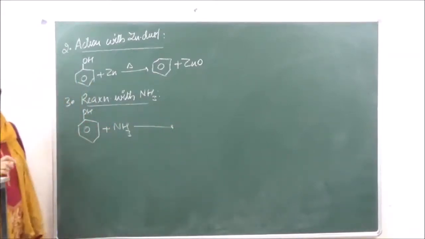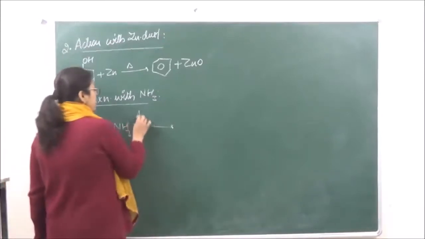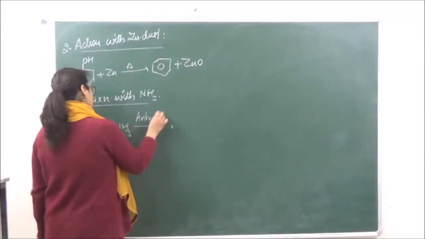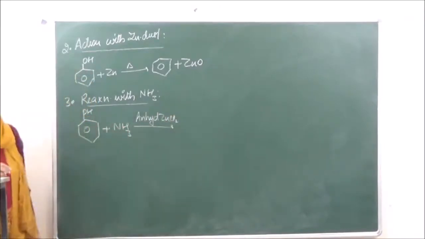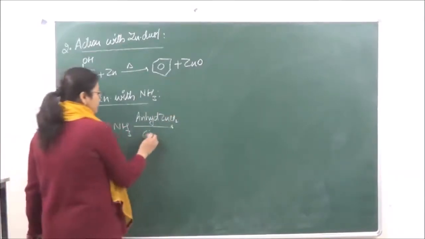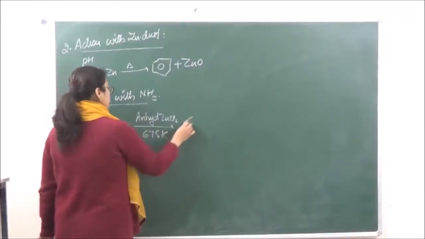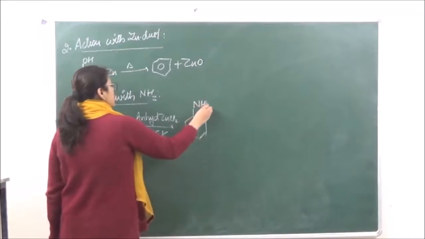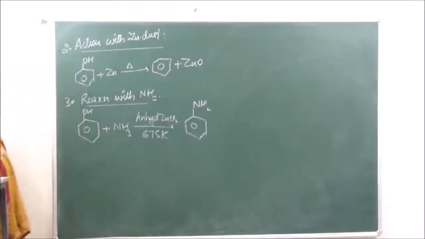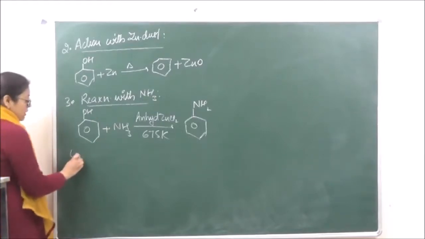NH3, the reaction takes place in presence of anhydrous zinc chloride at 675 Kelvin. Then we will get aniline, aminobenzene, right? Then the next reaction which we are going to do, that is